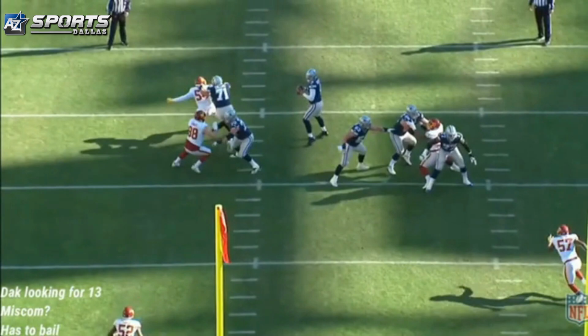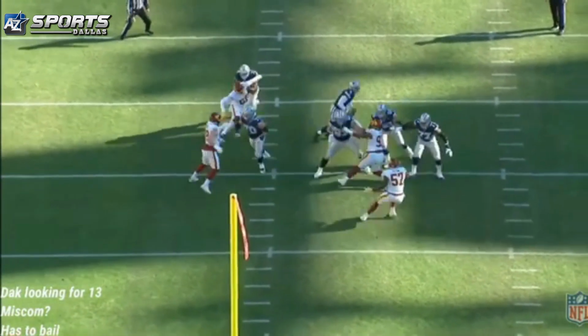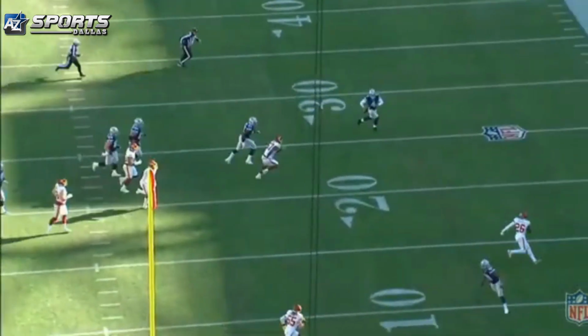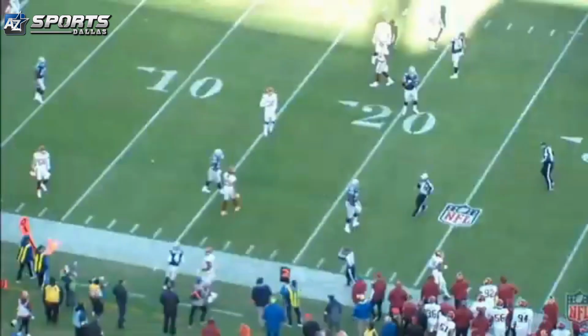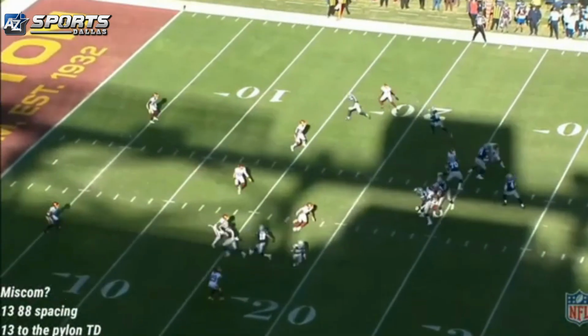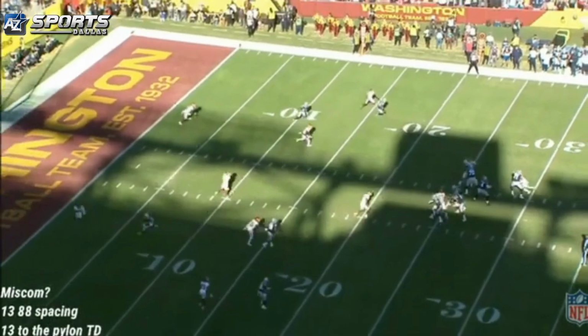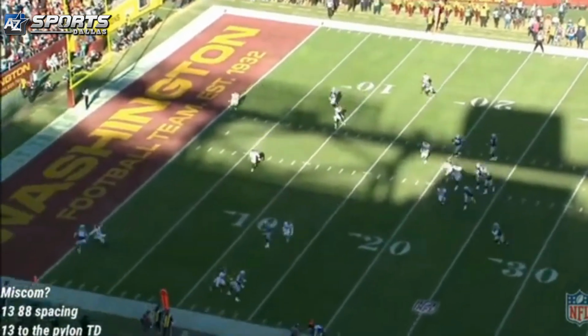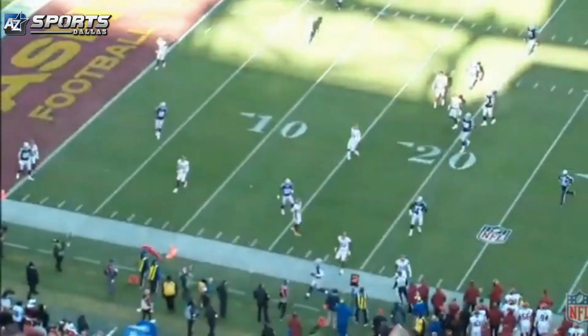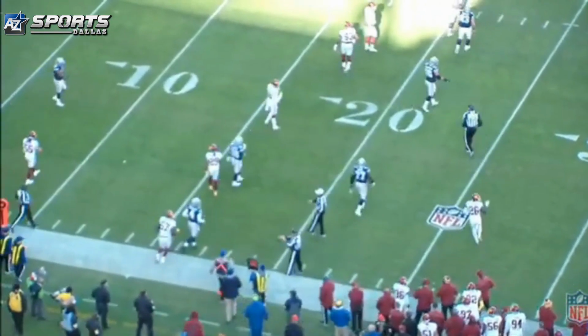And he's not. So initially on the broadcast view, you're probably thinking, what the hell you doing, Dak? Why are you holding the ball? Get rid of it. Well, there's nowhere to go. The touchdown was a layup. It was a layup play. We're going to go back to the wide view. This is a layup. If he continues his route, this is a TD. Instead, he stops, and you get this. So just the second miscommunication on one possession.